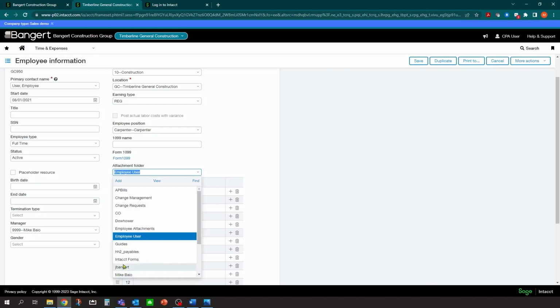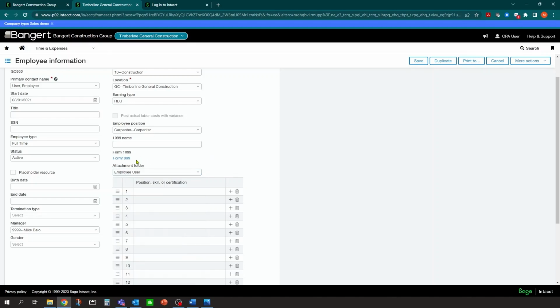So I have my name, I have this user, I have employee user. These are all subfolders of employee attachments. So what you can specifically do for employee users is you can come into here and define what folder all their attachments go into automatically. Then you have one central location if you want to see all of the attachments or receipts that employee has brought into the entries. And we'll show you that later.